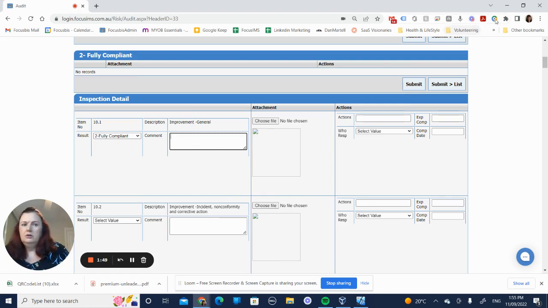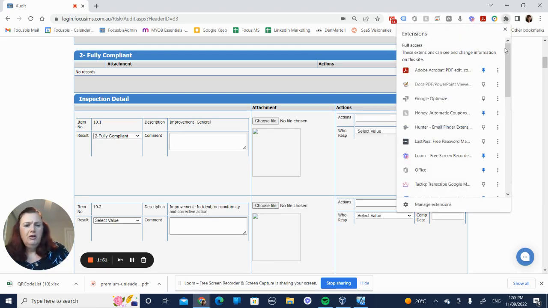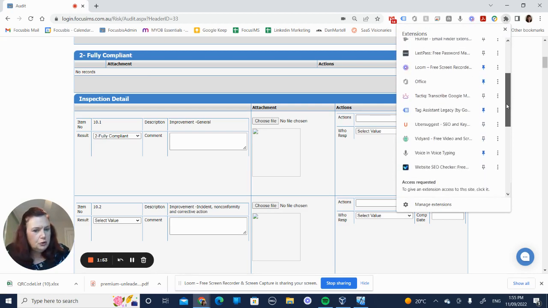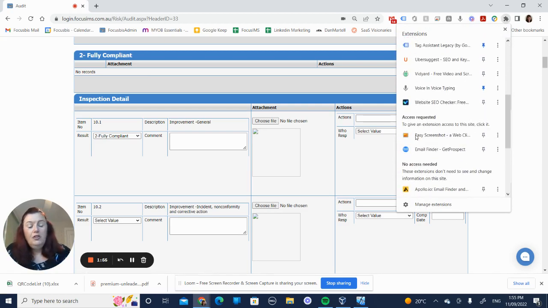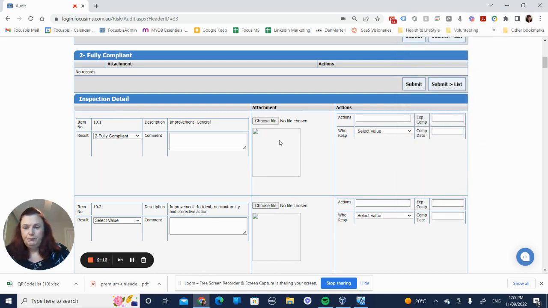I have a little Chrome extension that I use called Easy Screenshot, which means you can take a screenshot of those current records,